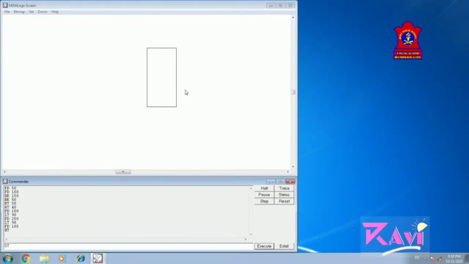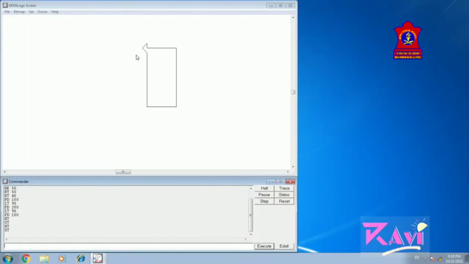Write ST and press Enter, and your turtle is back on the screen. If you want to hide it, HT command, Enter, hidden. If you want to show it, ST command, Enter, it is showing.